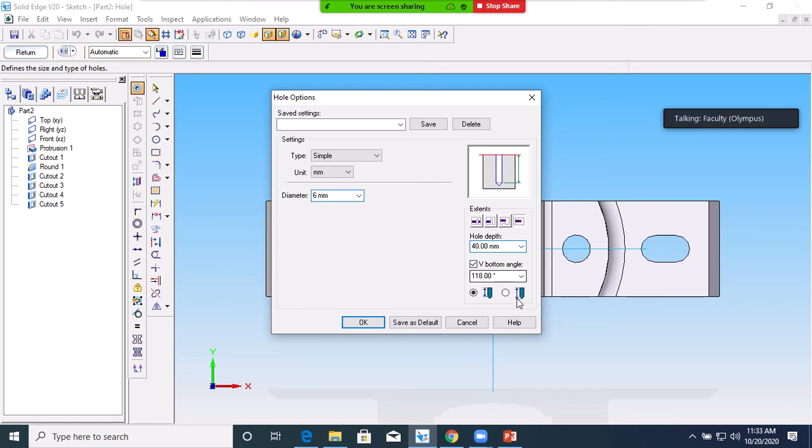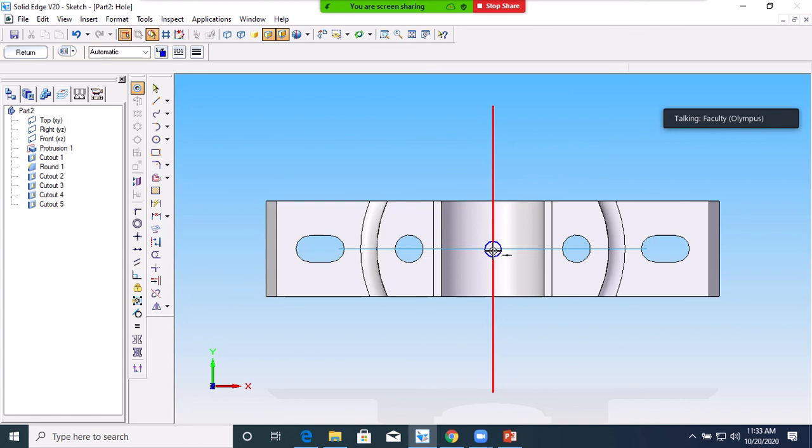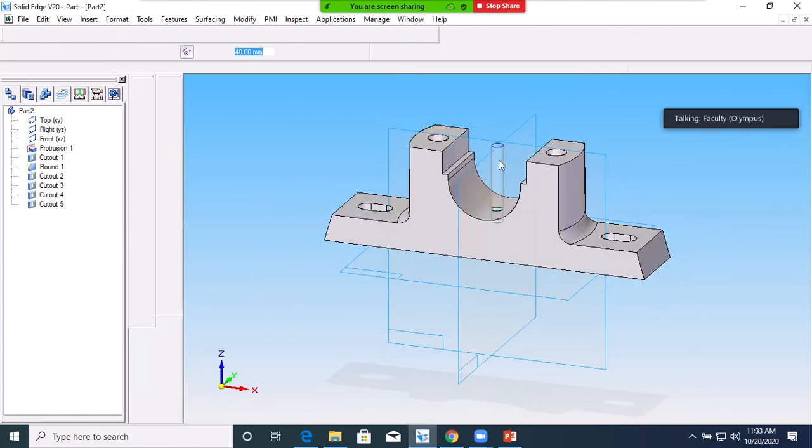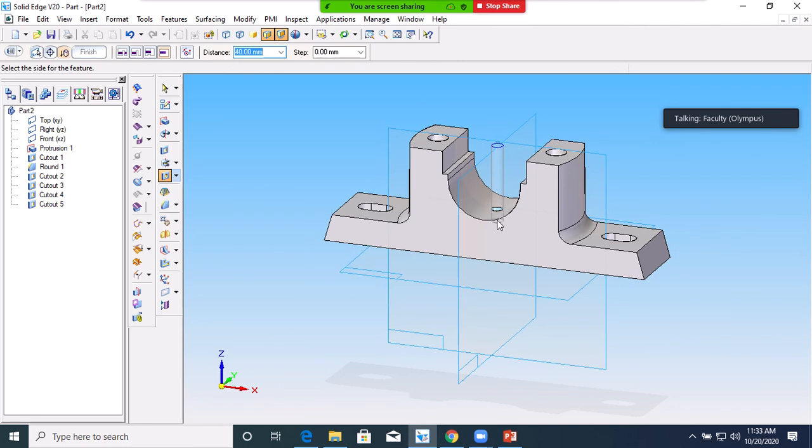So the distance given is up to here, 6 mm. Below that the V bottom is there. Select the first one and say OK, and then place the wall at the required position. Then say return, then show the direction. From this it is taking 40 mm up to here, but the exact material removed is only 6 mm. Say OK. Okay, then finish.